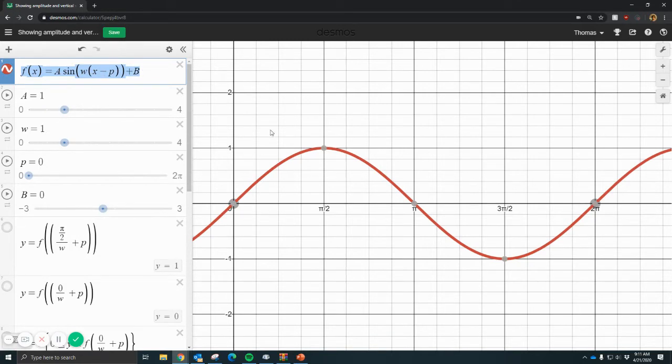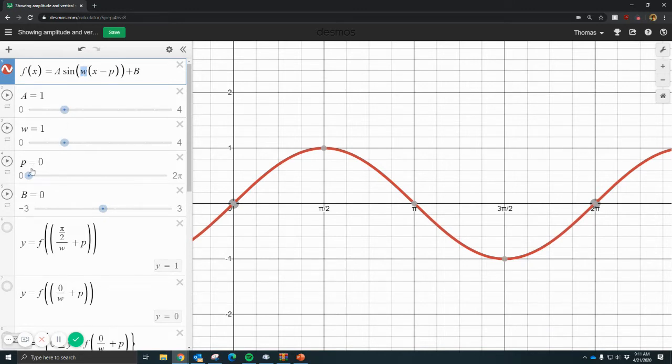Let's just define what each of these things are. A is the amplitude of a function. It has to do with a vertical stretch. We're multiplying all of the outputs by some number. And so that would be a vertical stretch, but for a trig function, we call it an amplitude. Omega, that's multiplying the inputs of a function by some value, so that would correspond to a horizontal stretch or